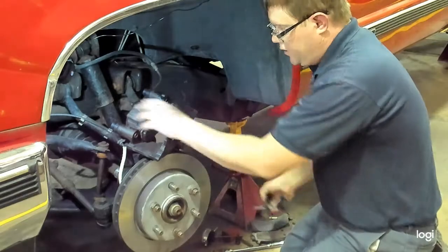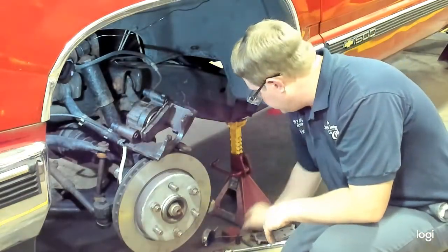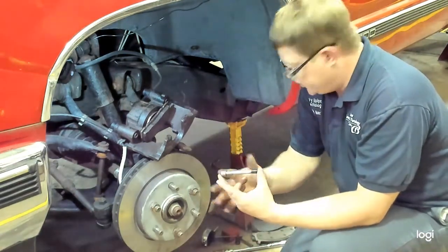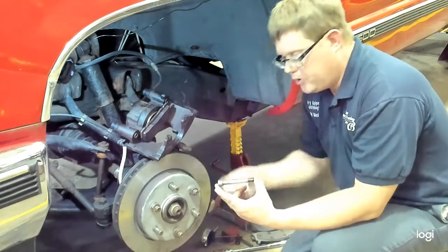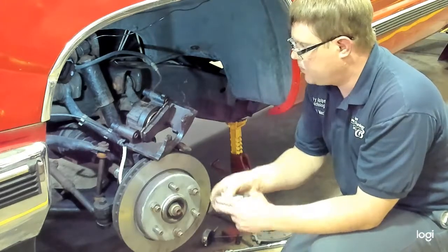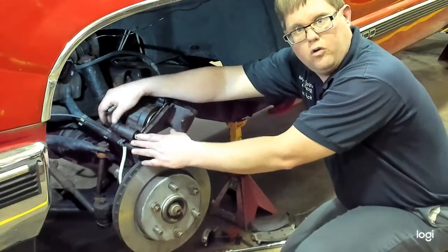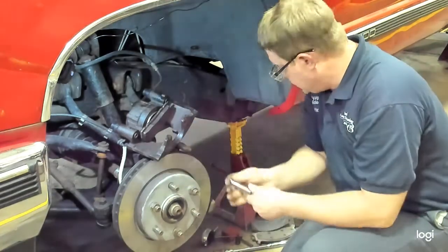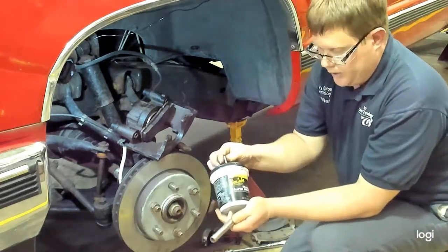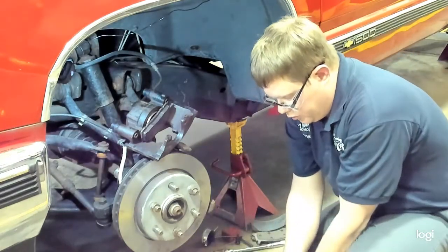Another part of brake system service or disc brake service that gets commonly neglected is lubricating the anchor pins. We removed the guide bolts that attach this to it, but it has a bushing that is going to slide back and forth on. If you remember, I said this is a sliding caliper. It's important to remove these bushings, push them out of there. You can use the bolt and a punch to drive them through. And you want to apply disc brake grease to lubricate it. It's a very sticky, water-resistant grease. You will paint that on there